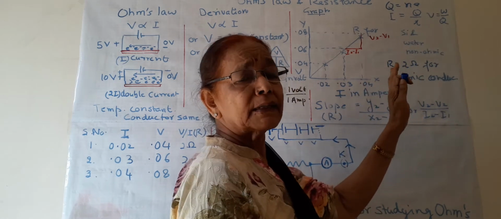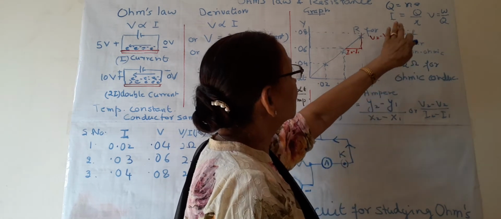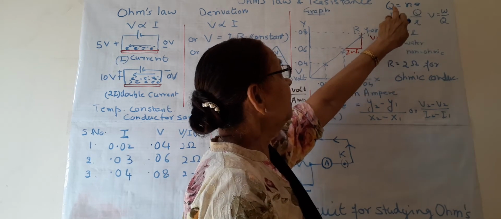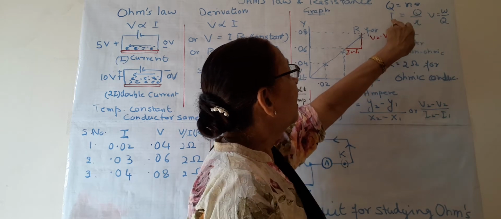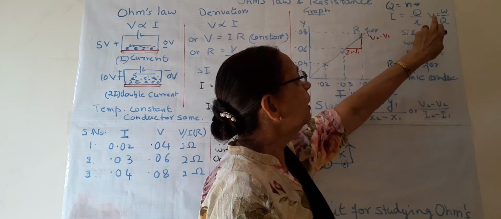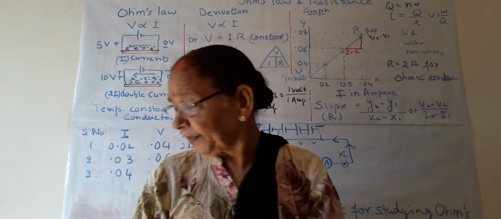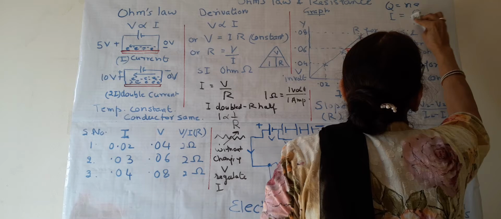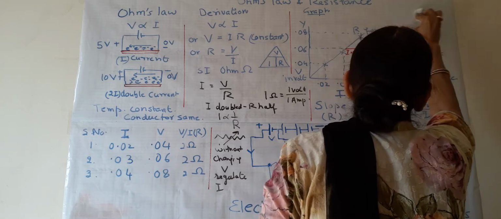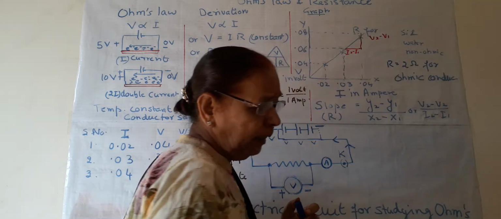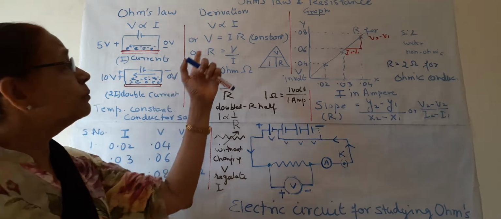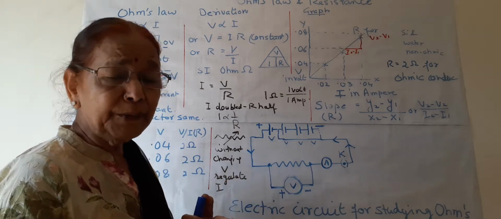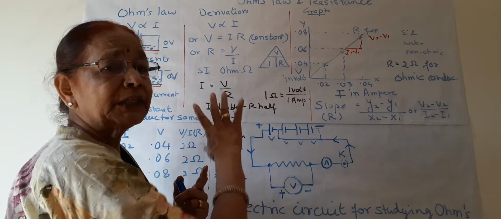Today we will study 3-4 more formulas on Ohm's law. So I am repeating again: Q is nE, I is Q by T, V is W by Q. And you should know what is this I, V, Q and W. So these three formulas we have done, and today we will start with Ohm's law and resistance, and the numericals which were given yesterday, we will take them after this lecture.